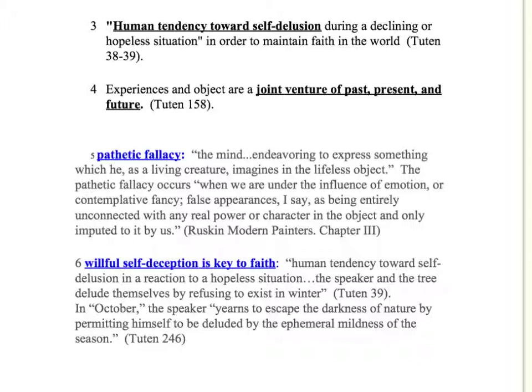And let's talk about number 3 and number 6 together. There is a desire in Frost poetry, and critics have picked up on this, a desire for self-delusion during a declining or hopeless situation in order to maintain faith in the world. Frost struggled with religious faith, but he wanted to have faith in the world in which he experienced. And in order to do that, often in his poetry, he will willingly delude himself as to what's happening and pretend that it's not actually occurring in order to maintain faith in the world. And so one of the concepts I would wield in interpretation is that there is a willful self-deception that is a key to faith. And the critic wrote,